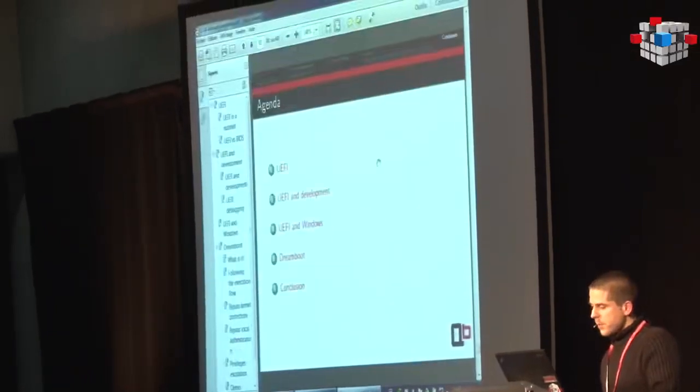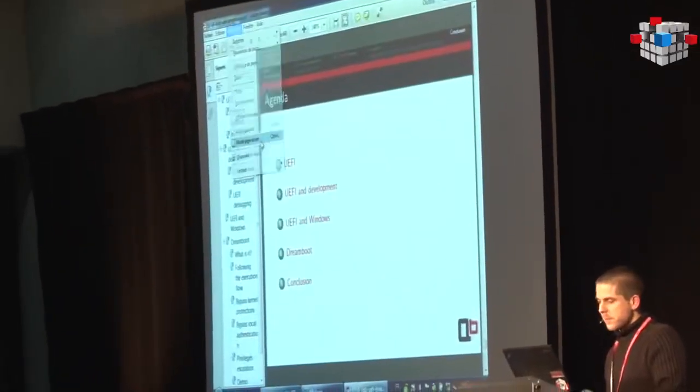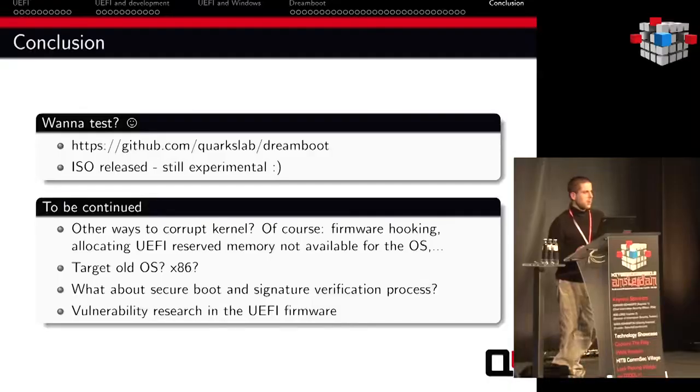So to conclude, the source code is available on GitHub since yesterday. There is the full source code and also the experimental ISO. So if you want to try it, if you find bugs, tell me.